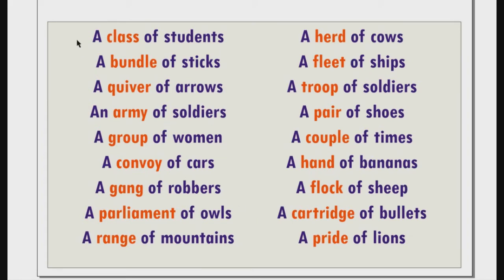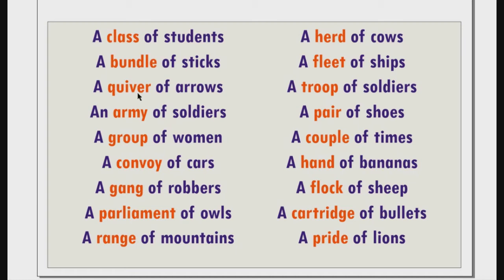On this screen, we have more examples of collective nouns. In all of these, the collective nouns are written in red ink. So here we have a class of students. It is very rare to see a class that is made up of only one student. Instead, we usually have a group of students making up the class, a bundle of sticks, a quiver of arrows,